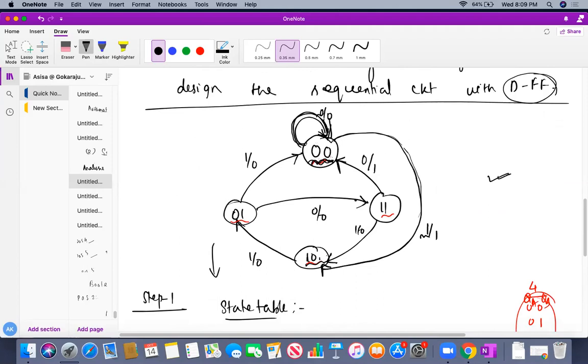So obviously at what time is it going? If my input is 1, so this is my input. First of all, which type of circuit is this, students? It's a Mealy circuit. In the Mealy circuit, these are the states, this is my input and this is my output. If it is in state 0 0, it goes to 1 0 when the input is 1. At that particular time, what is my output? Output is 1. If it is in state 0 0, it goes to state 0 0 if my input is 0. If input is 1, it goes to 1 0. If input is 0, it stays in its own state.